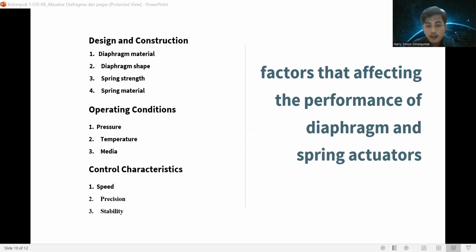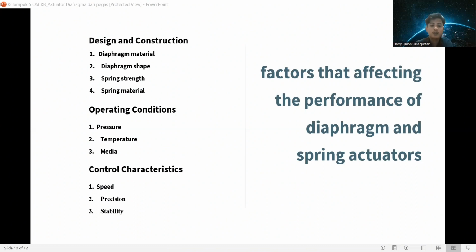Extreme temperature can cause the diaphragm to stiffen or the spring to lose its elasticity. Media. Media in contact with the diaphragm can affect wear or corrosion. Aggressive media can shorten the life of the diaphragm.